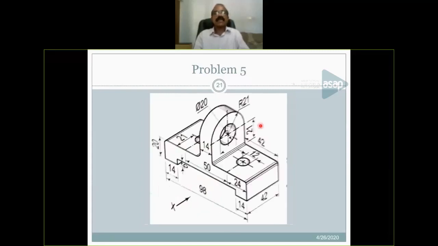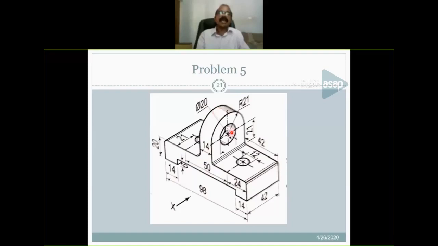See, another surface also you can see. So this is a machine part, different circles you can see. The arrows represent the direction of elevation. So considering the front view, only this part you can see. This front face you can see, and this surface also. This curved surface also you can see, up to this portion.